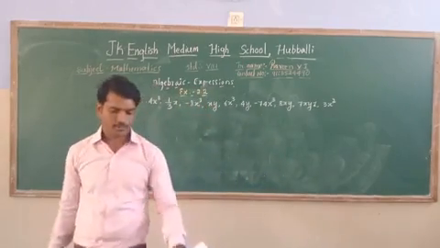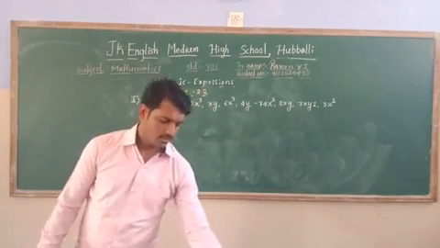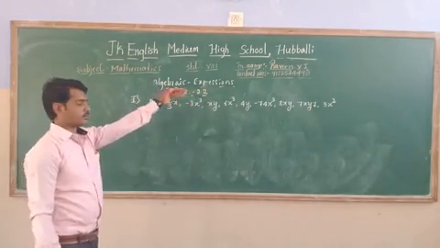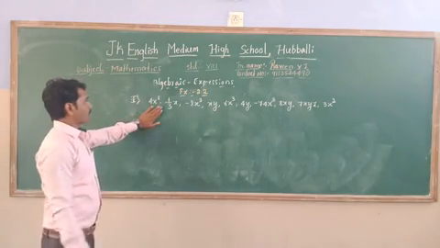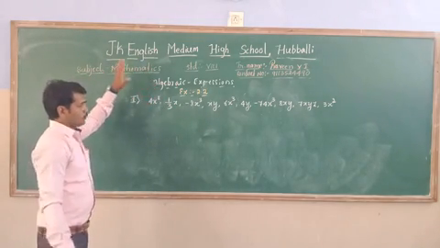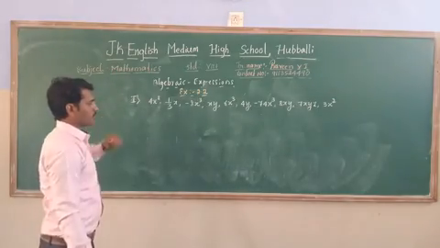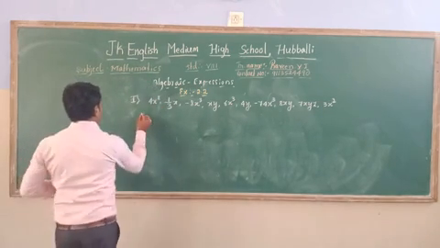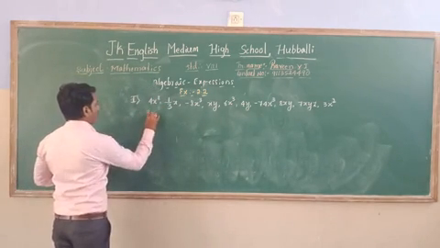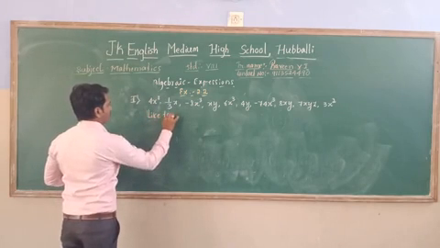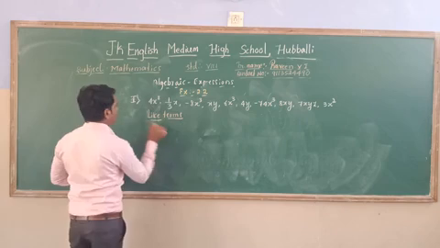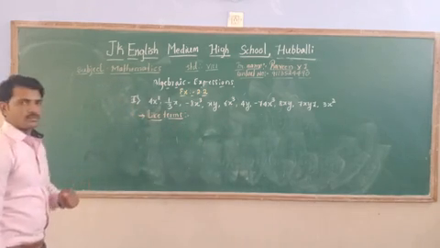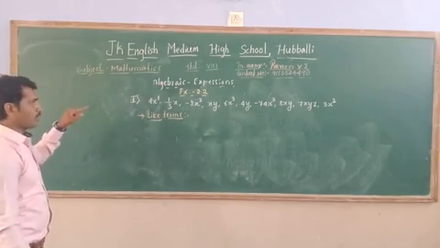3x squared. So already we have learned in the introduction part what is meant by like and what is meant by unlike terms. So like terms are totally dependent upon the variables and their powers. So from these terms we have to separate like terms. How to separate the like terms? First one, like terms. Okay. So first one, let us go to the powers.